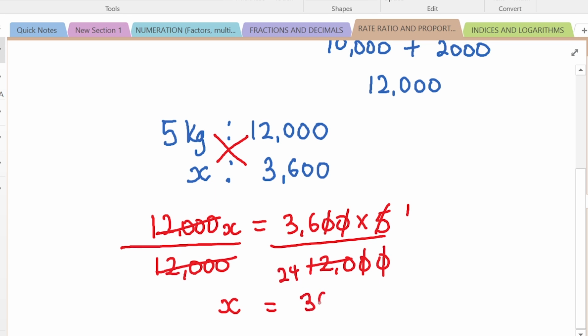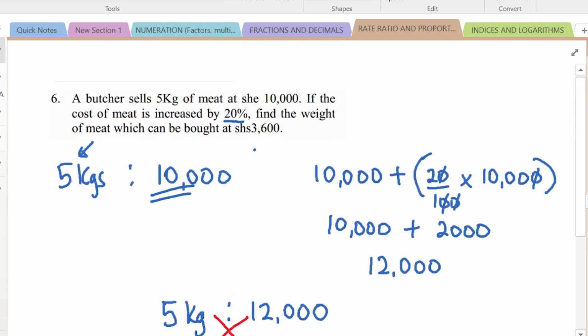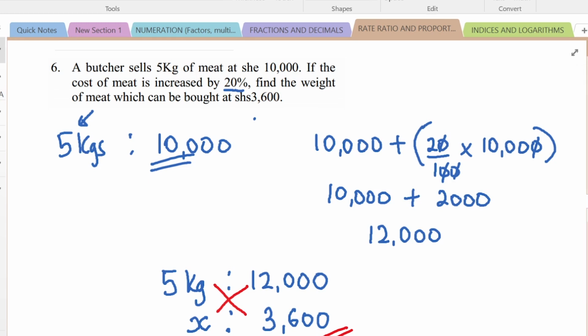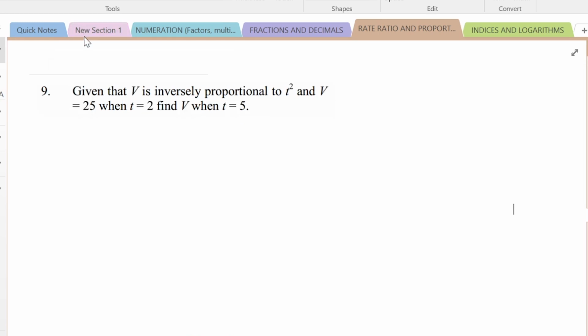So we have 36 over 24, which is going to be equal to 1.5. So we can have 1.5 kilograms to be bought. That is how much meat you can buy with this 3,600. And that's the answer to that question. So doing the very last one,